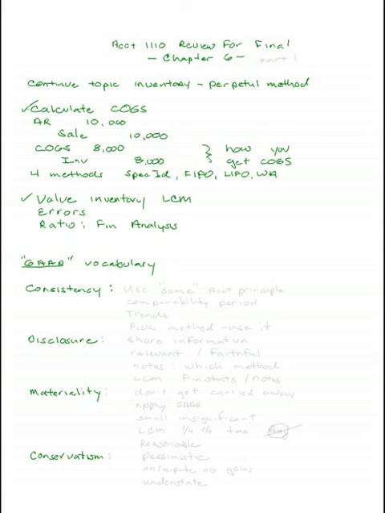So, the vocabulary I want to look at are the terminology and the accounting principles: consistency, disclosure, materiality, and conservatism. Consistency. What do you think that might mean? What it means is that you use the same accounting principle